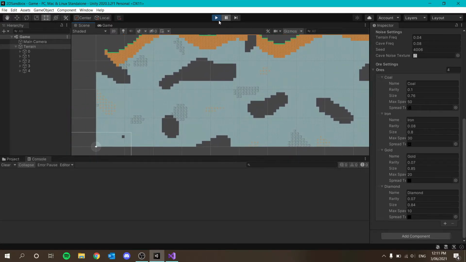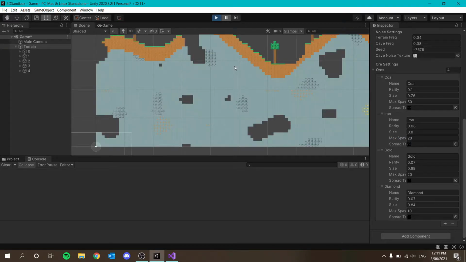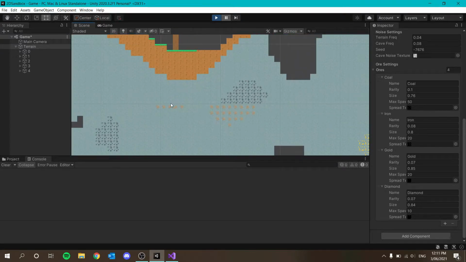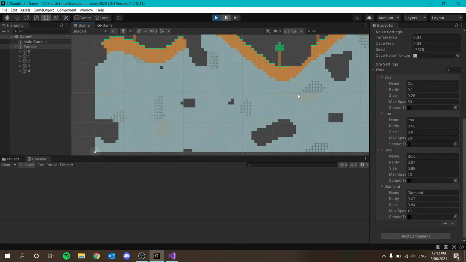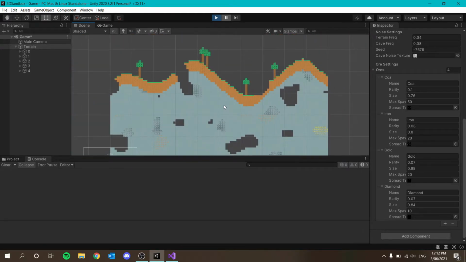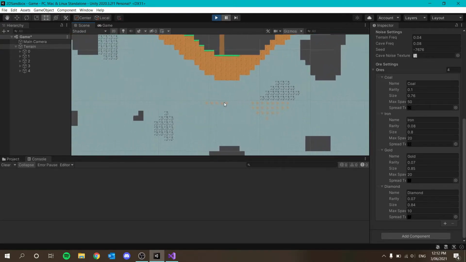I think maybe the spawn height might be a bit too much. Make this 20 and see if that works, or at least does something. Yes, so as you can see, there's a pretty straight cutoff here, so you can tell that that's when it gets cut off. So that might be good for iron, but